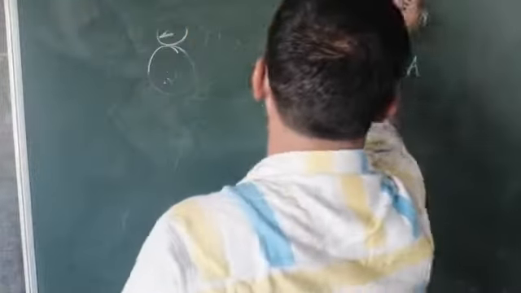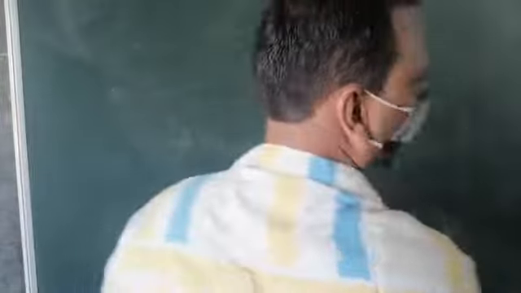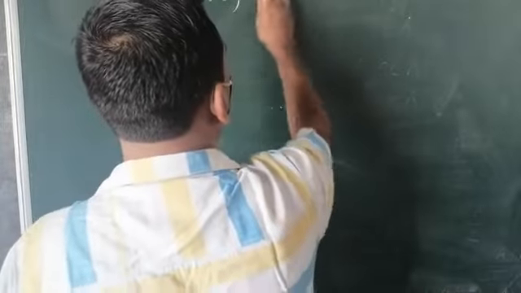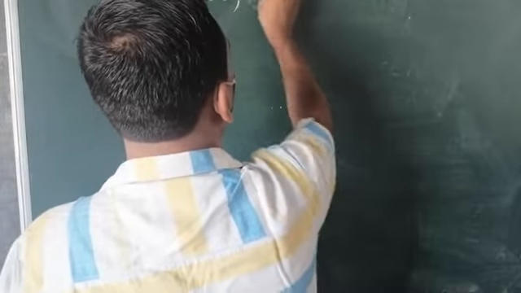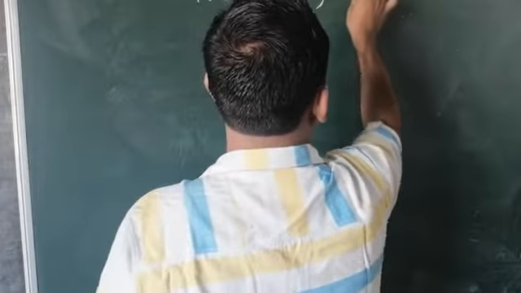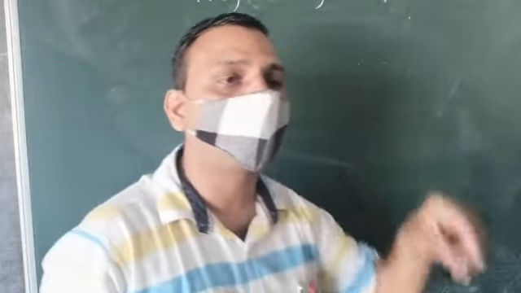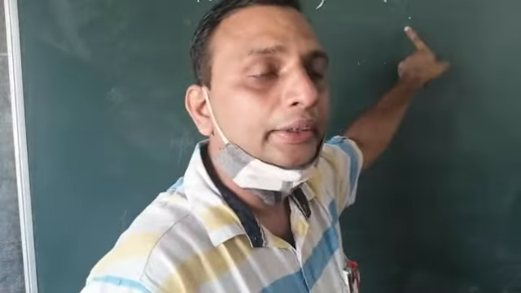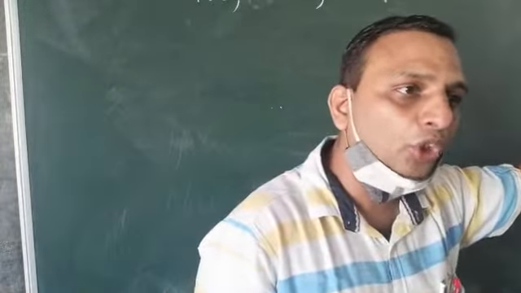Now come to exercise 8.4, first question. Now this is a little strict. What we have to do? There are some ratios given: sin a, cos a, sec a, tan a. These we have to change in the form of cot a. Sin a we have to change in the form of cot a. Sec a we have to change in the form of cot a. Tan a we have to change in the form of cot a.